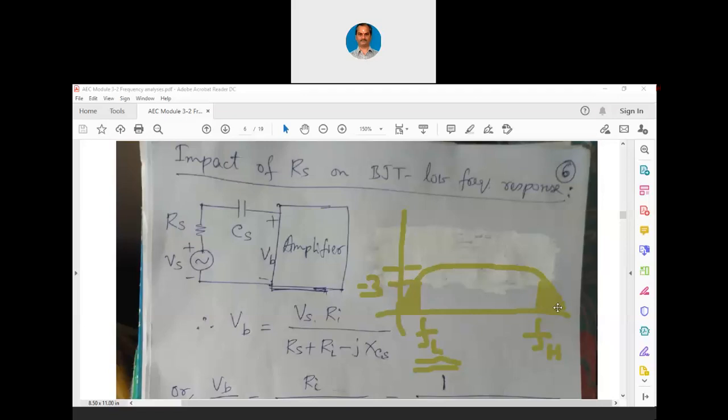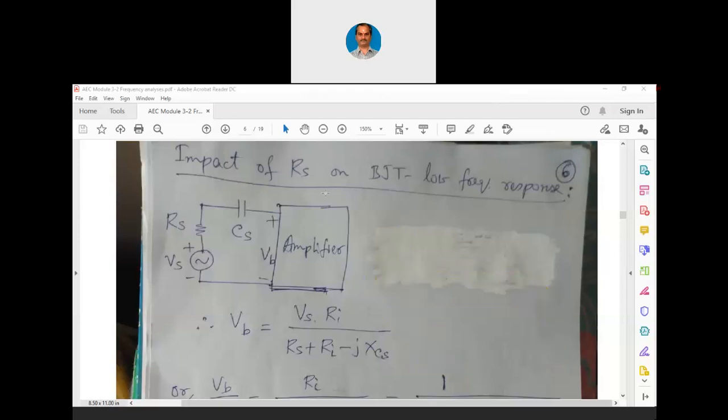In case of high frequency analysis, whichever capacitance is going to yield us the least frequency in the higher frequency range, that is going to be predominant. Whereas in the lower frequency range, whichever capacitance is going to yield us the highest frequency, that is going to be dominant. I hope this point is clear to you. Now with this brief recap, let us proceed for today's class.